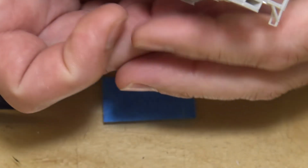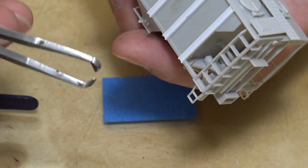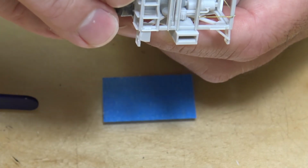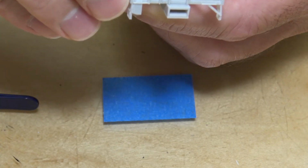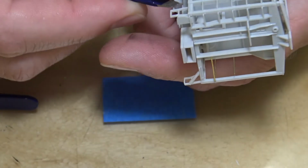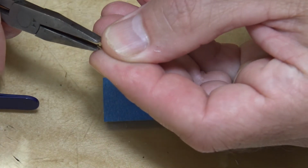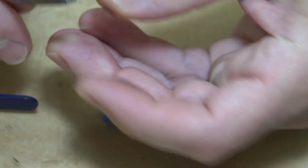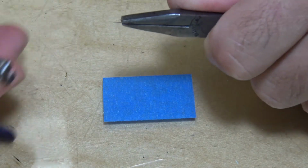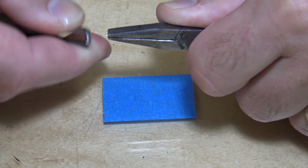Then on the top, since this wire is nice and soft, I have a few of these sprue nippers. Some of them I use for cutting brass wire or phosphor bronze wire. But I can come into the top here. Cut that off to where I want it. I can't get to the inside one, so what I do, pull that out. I'll hold it in some pliers like that. I'll take these sprue nippers, and I'll line it up with the other side that I've already cut, nip it off,